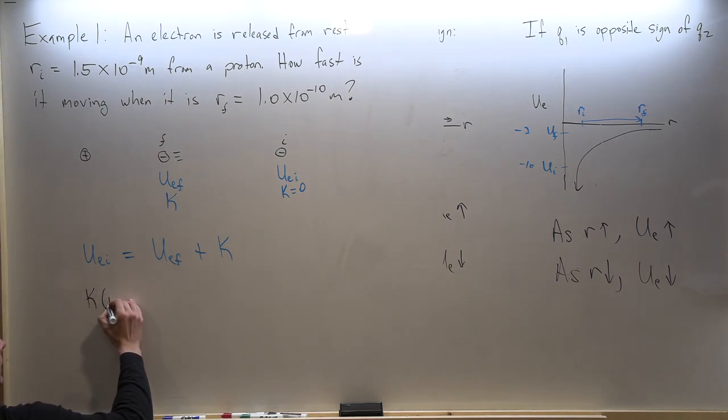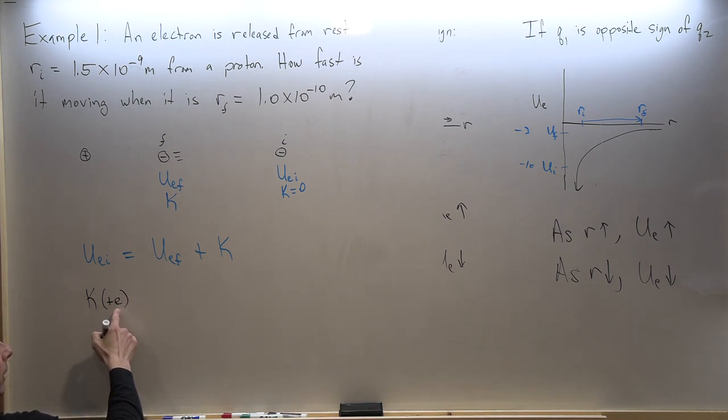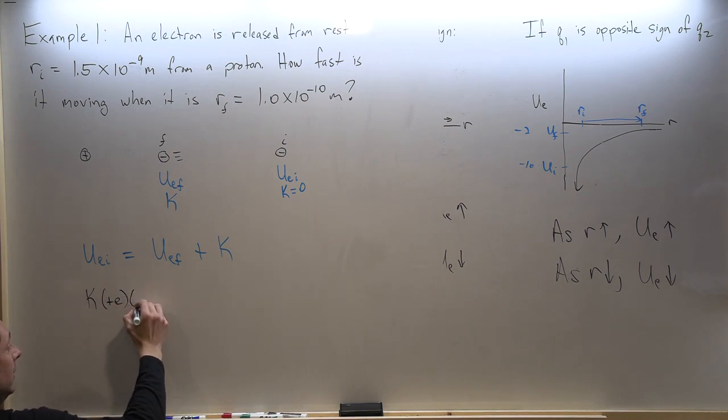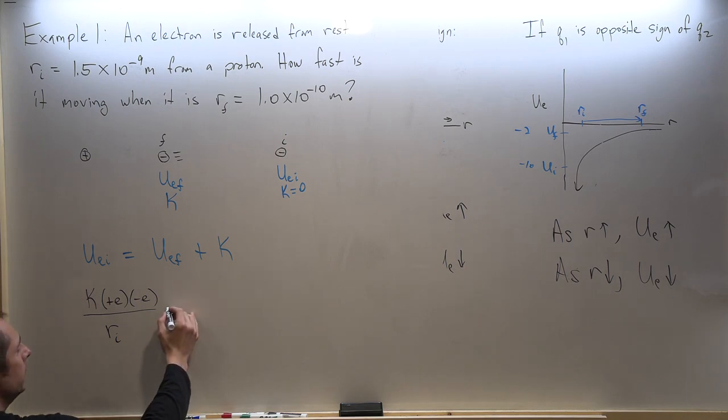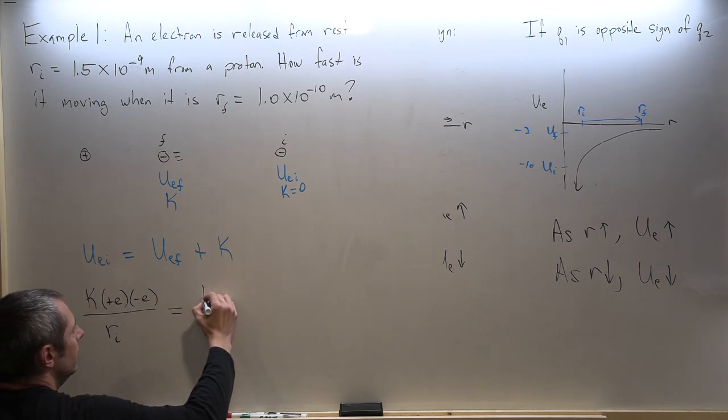Now, for the electron and proton, I'm going to use plus E for the proton. That's 1.6 times 10 to the minus 19th. And minus E, negative 1.6 times 10 to the minus 19th. So there's the initial potential energy. The final,